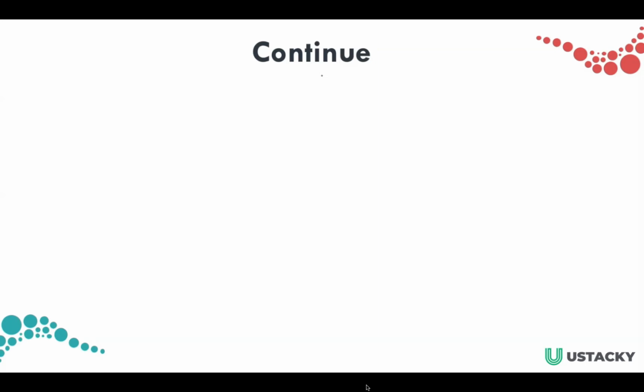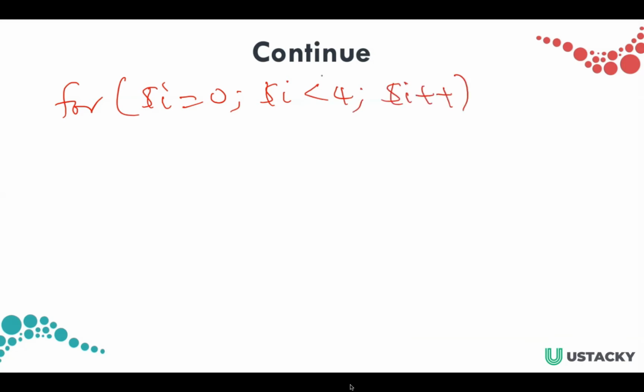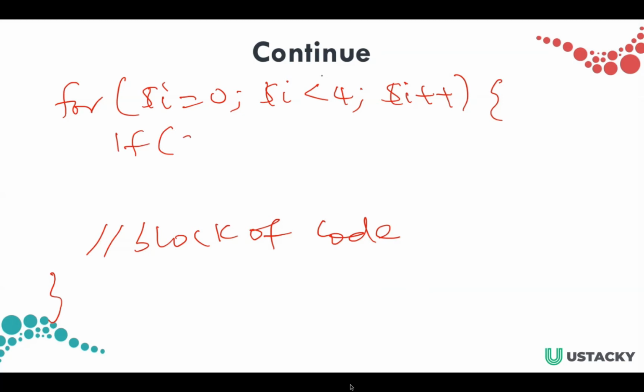So continue does not terminate the entire loop, rather it terminates the current loop and moves the line of execution to the next loop. For example, if we have a for loop which is meant to run 4 times, assuming this is a block of code, at the point if $i equals 2 and you want to continue here,